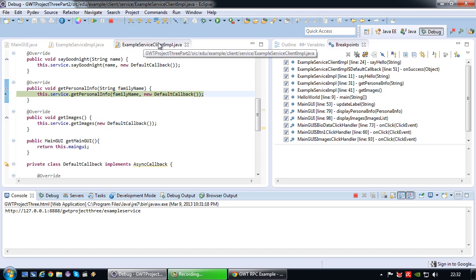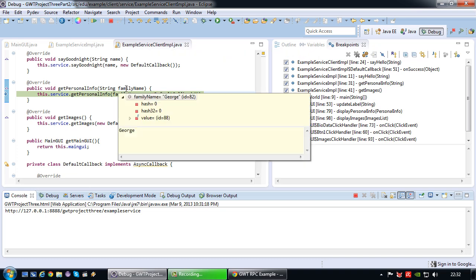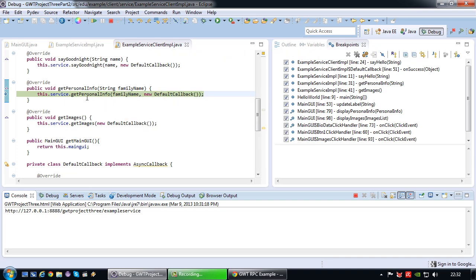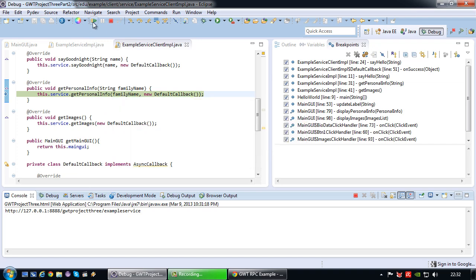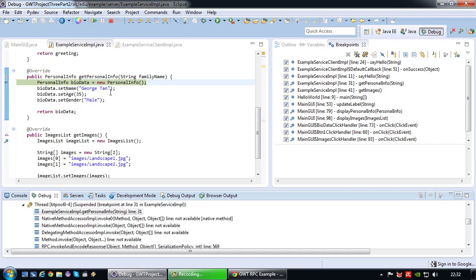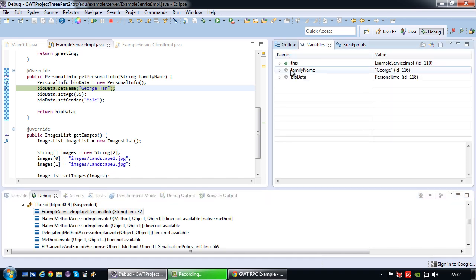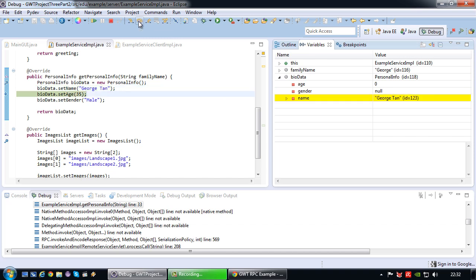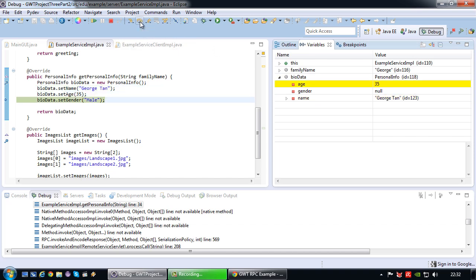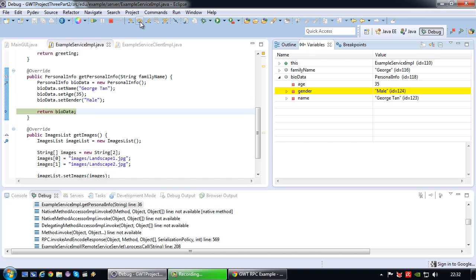So here we are in the client implementation class. As you can see, George is provided as a parameter, and in this particular line, I'm going to invoke the actual server with George as the parameter. So just continue. So now we're on the server side in the service implementation class, in which I'm creating an object, and the object you can actually see here called biodata. I'm setting the values of this object, George Tan, 35 and male respectively, and then I'm simply returning this whole object,